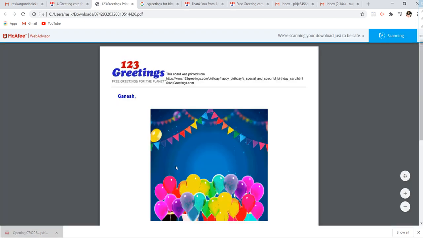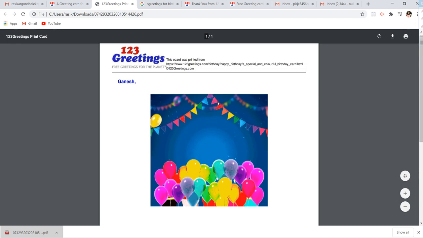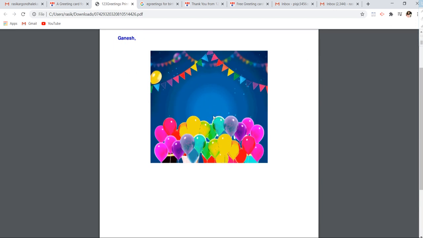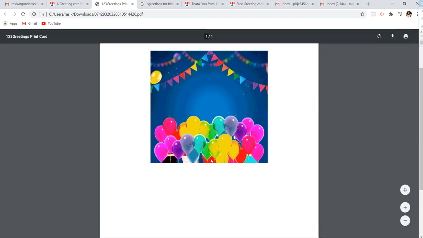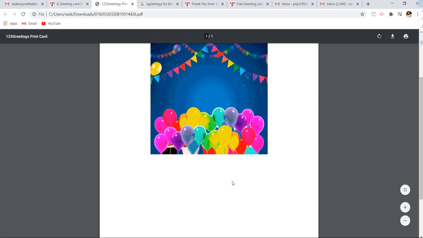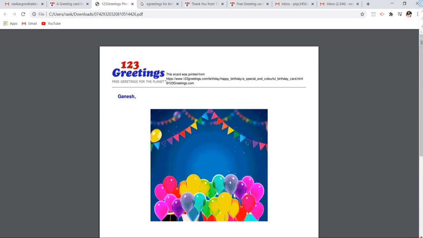So as it has downloaded, check here. This is my e-card whichever I have prepared. Understood students, this is the card which I have prepared, and this is getting saved in my computer in the form of a PDF. You can also save this in the form of a PDF to your computer and add this card into your drive, which will be helpful, and through that I can understand that you know the procedure of preparing an e-card, and you can prepare any kind of card and send it to your friends. So this was there for today.